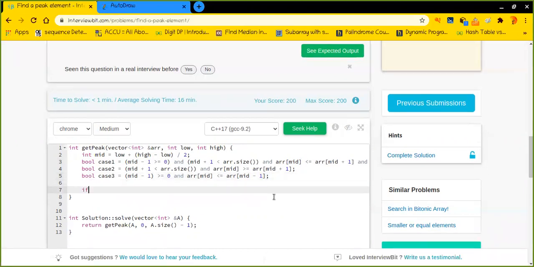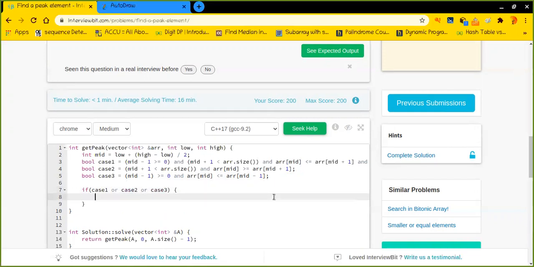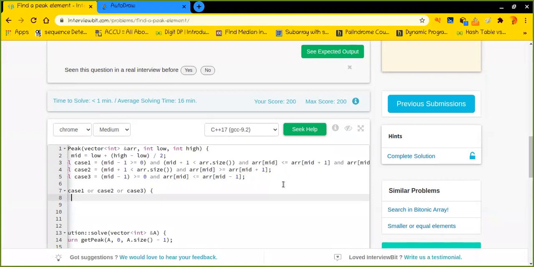Now tell me, if any one of these three cases is true, then what do I have to return? See, actually which particular element was I comparing with its neighbor?